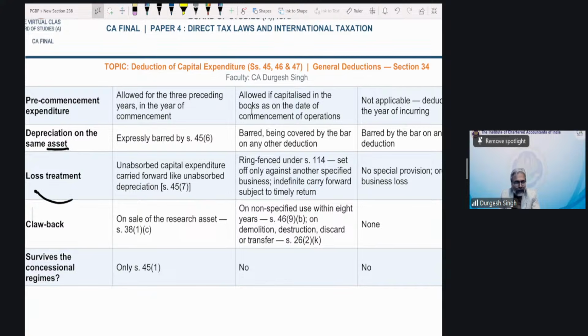Students, I have told you that the loss, the unabsorbed capital expenditure, will be allowed to be carried forward. Students, unabsorbed capital expenditure would be allowed to be carried forward just like what? Just like UAD. So far as the